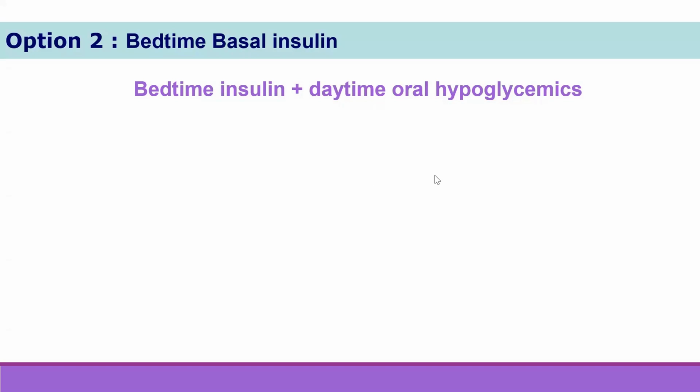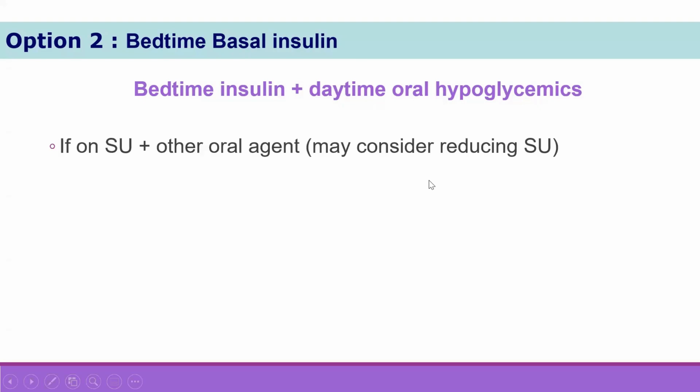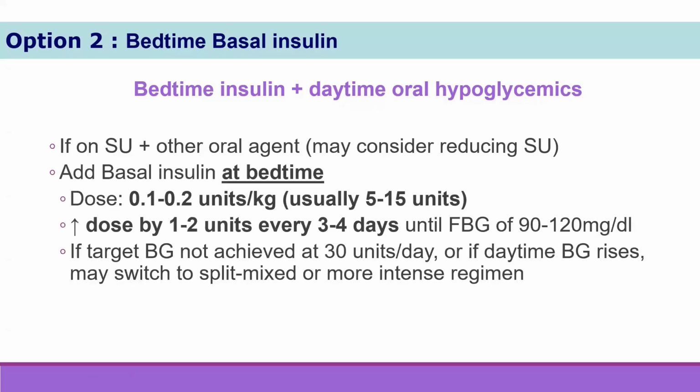So if the patient is on sulfonylurea or other oral agent, you can consider reducing the dose of sulfonylurea, but I actually just add the basal insulin. How much dose should you give? You can remember this important calculation, but it is not very important to remember. Just start with